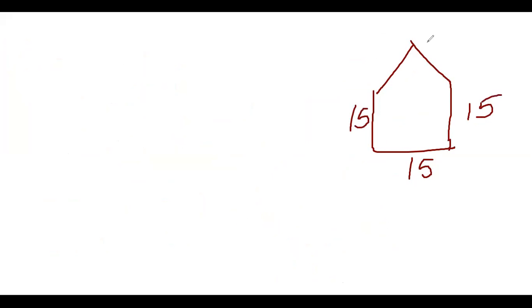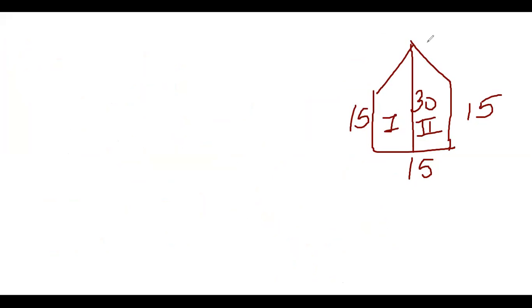We have a figure like this, a pentagon, where these sides are given as 15, 15, 15, right? And we are going to divide it like this, and the total height is given as 30 here. Now again there are two parts, and they are trapezia. The first one and the second one are trapezia, and both are the same. Both parallel sides are the same.